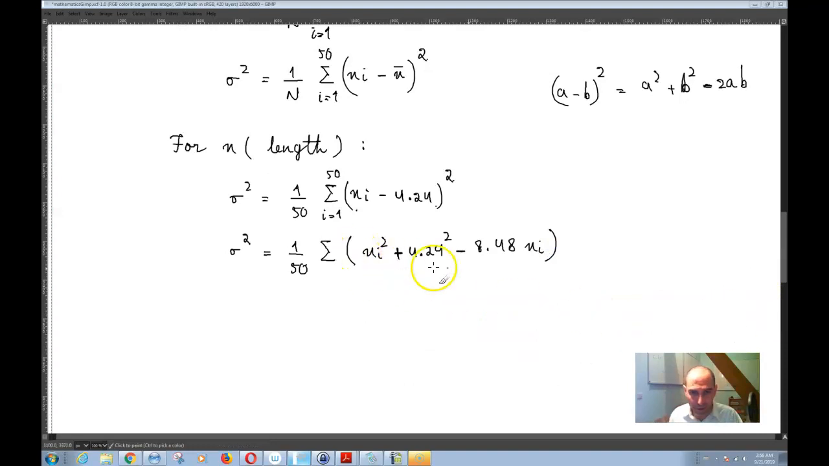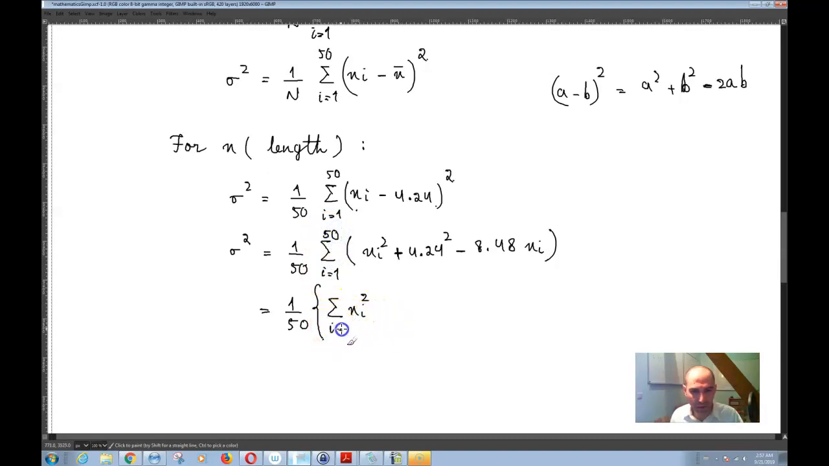And so now I can basically separate these terms here. So sigma squared would be equal to, and of course this is not raised to the second power anymore, because I already have expanded it. So x of I, sigma, I can write this as 1 over 50 times sigma of x of I squared as I goes from 1 to 50